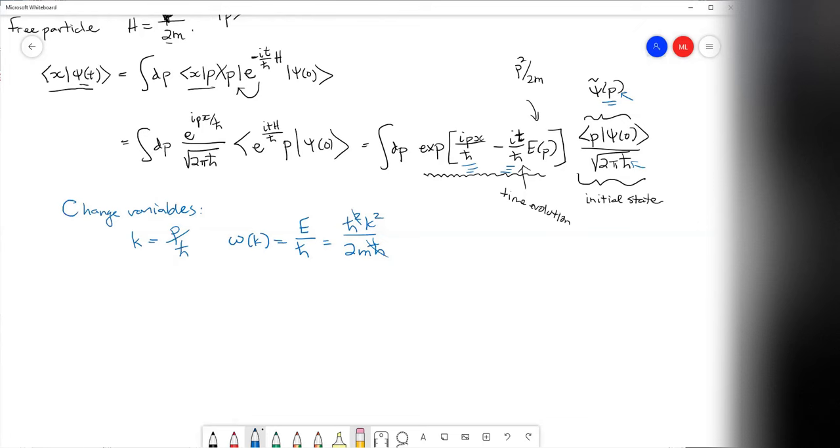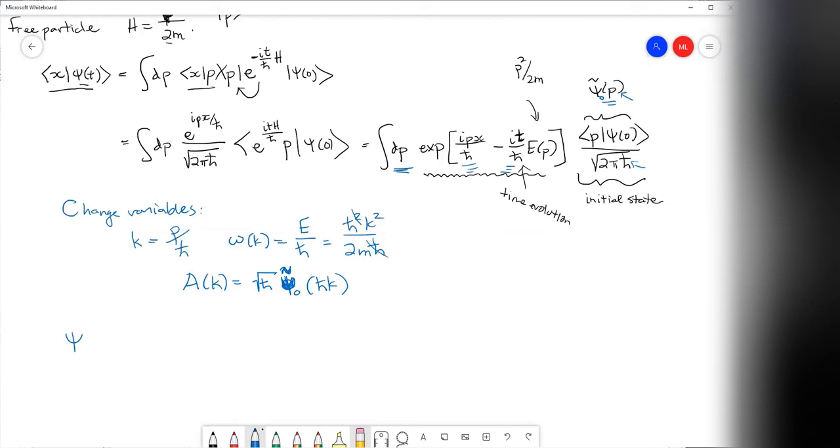instead of p, we define an amplitude A of k, which is the square root of H bar times psi tilde, the Fourier transform. And maybe we should put a little 0 here to indicate that it's the Fourier transform of the initial wave function that you start with. And it's a function of p, so it's a function of H bar k. And so if you change variables here from p to k,